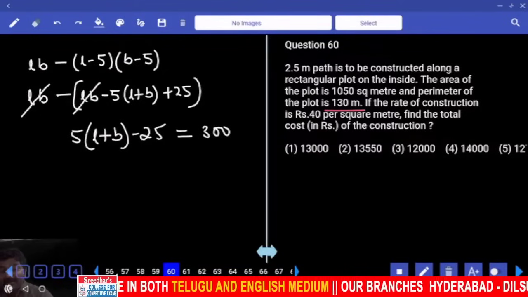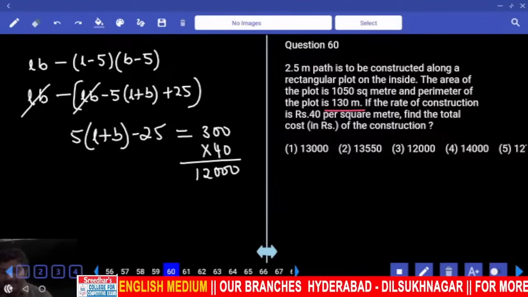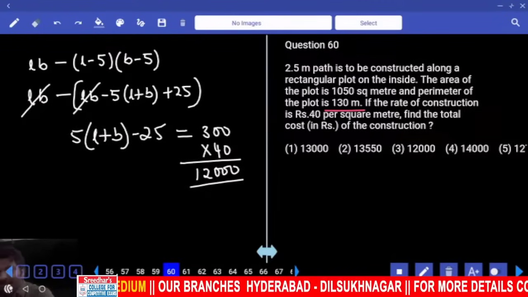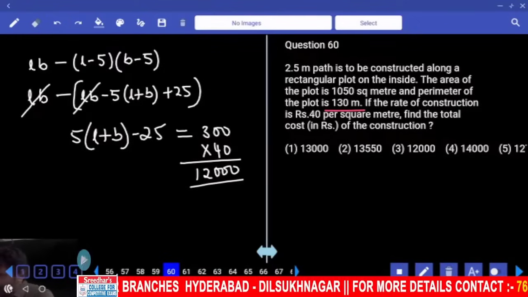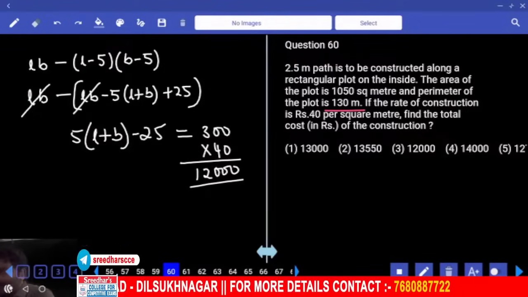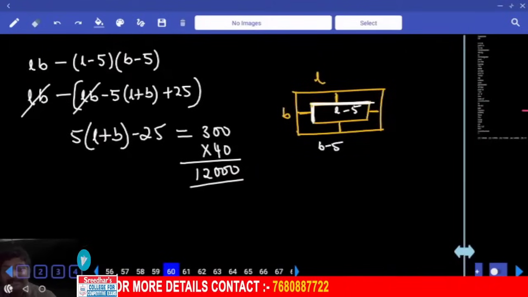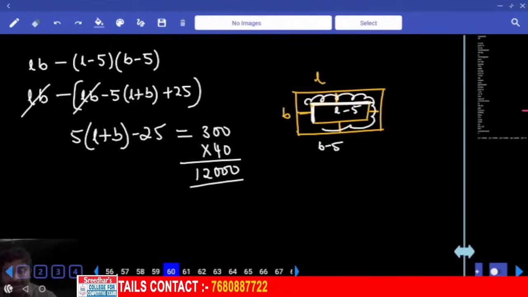And now we need the cost. Per square meter it is costing 40 rupees. Total price is 12,000. You understand? So in our calculation we haven't used 1050. 1050 not used. Yes. So to calculate the path area of a rectangle, we actually don't need its original